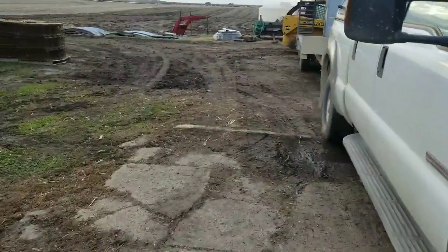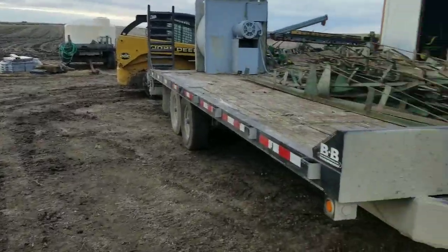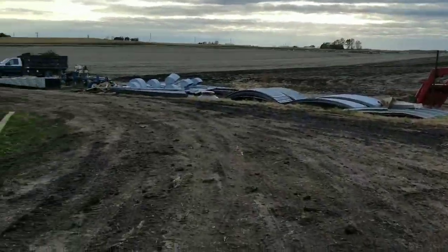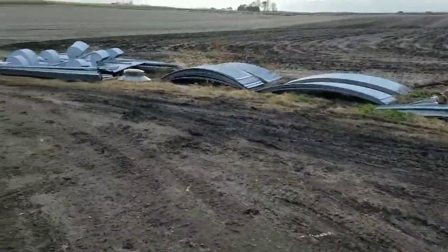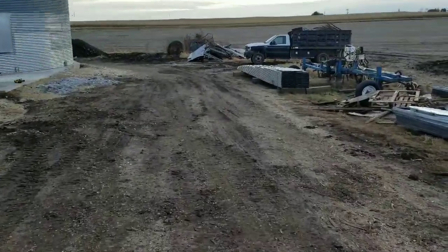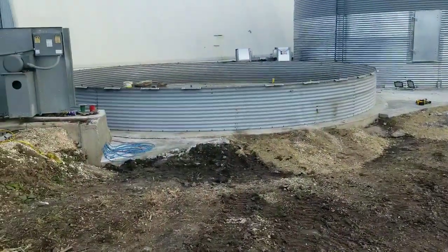So it is Tuesday, November 2nd, or October 4th, I think. I didn't get any more video of pulling that bin down, but it is all tore apart. Friday, did a little bit on it, tore a majority of it down Saturday, and basically just had